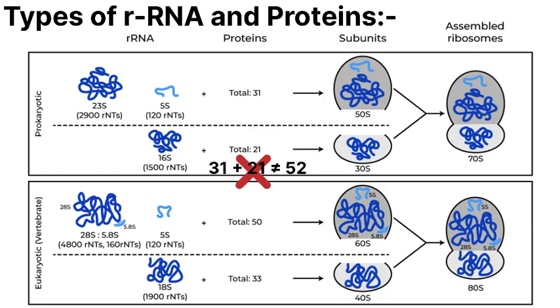See, the total number of ribosomal proteins in the complete prokaryotic 70S ribosome, combining both the smaller and larger subunits, is 54 proteins, not 52. Yes, you heard me right. And in the eukaryotic ribosome, the total number of proteins will be 80. Let's come to the point. Why not just add them? What is wrong with it?